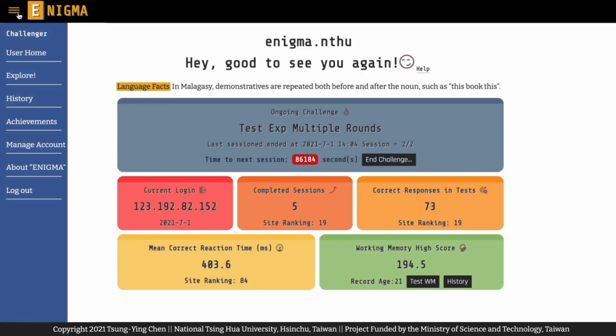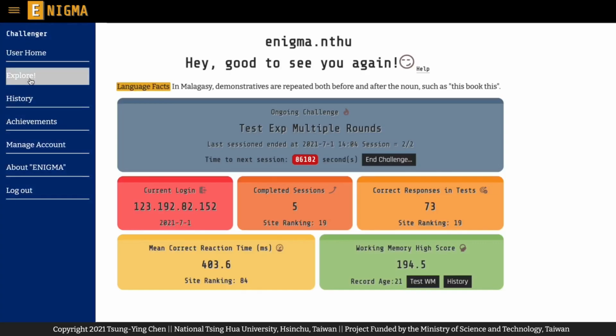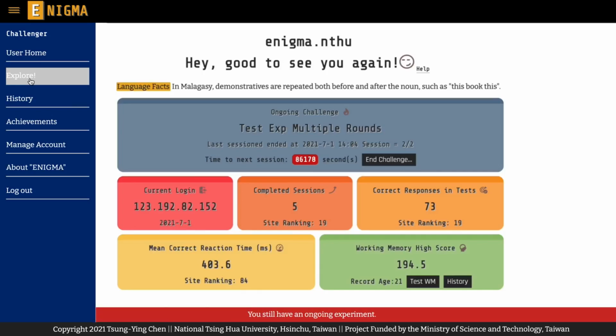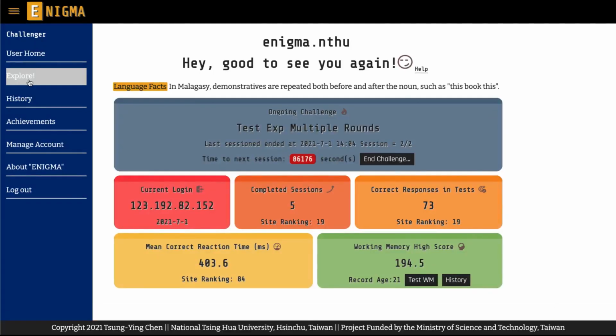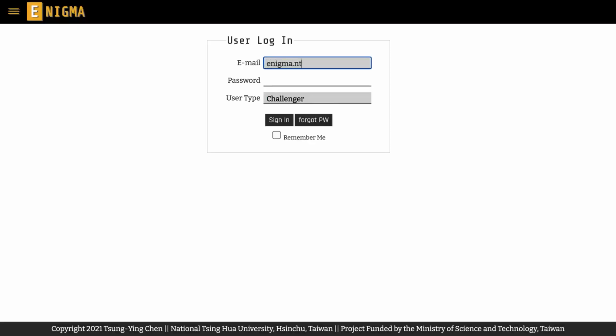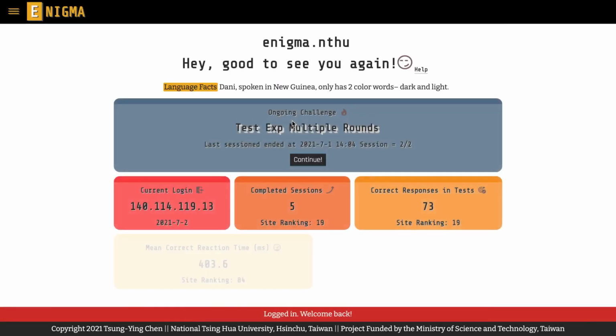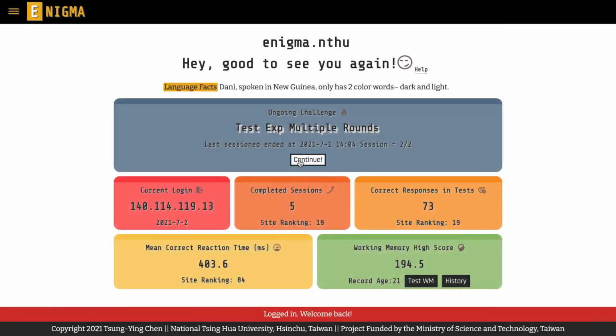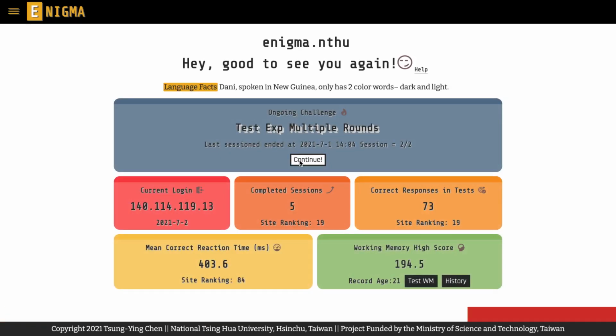It's also important to note that before you complete or quit the ongoing challenge, you won't be able to explore other challenges. When it is ready for your next round, Enigma will also send an email to let you know it's about time to come back and complete your challenge. After you log back into Enigma, you will see the Continue button in the Ongoing Challenge section in your dashboard.